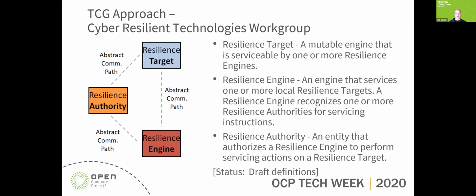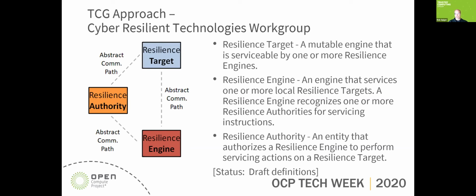But it really could be a layered approach, where a very low level does recovery for a subsequent component in the boot process, and then that does recovery for another component of the boot process. So you might have a very layered architecture. We haven't tied our resiliency to a precise root of trust. Instead, we're talking about a relationship between different components involved in doing recovery. And for that, we've defined three different entities that are important.